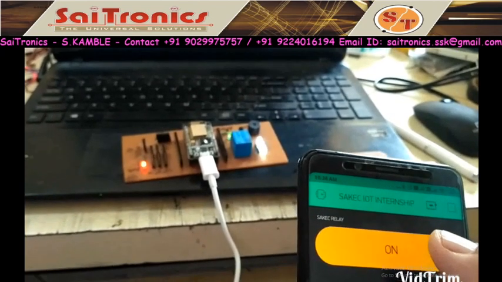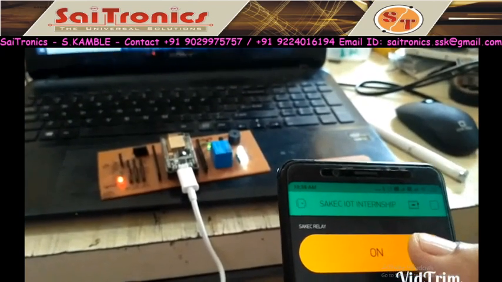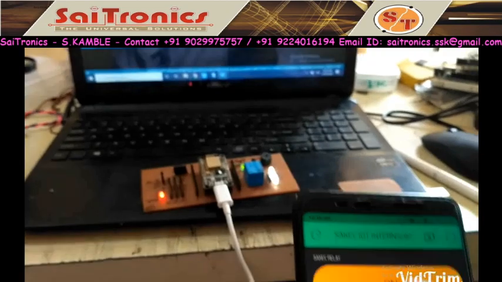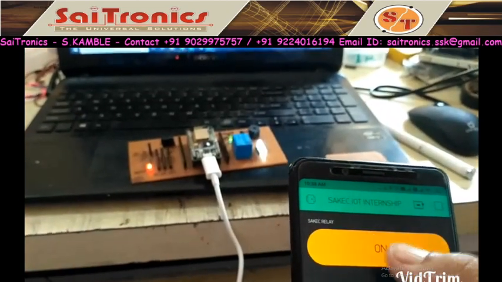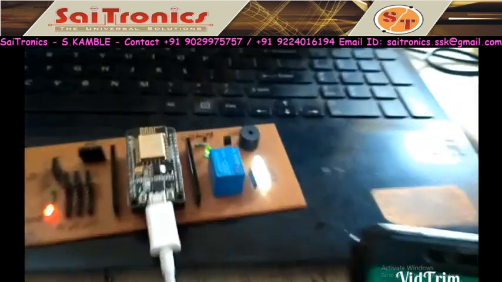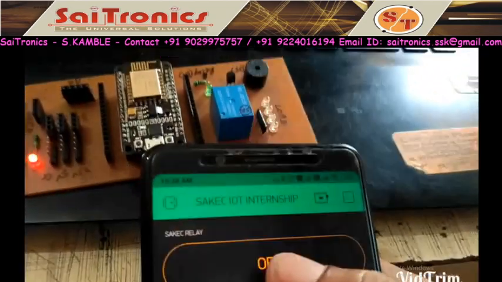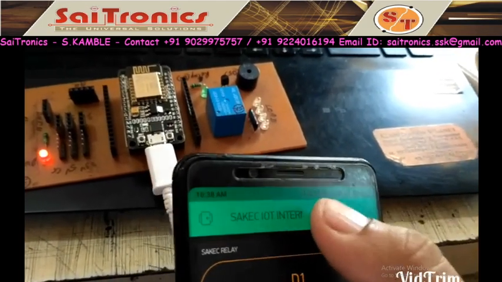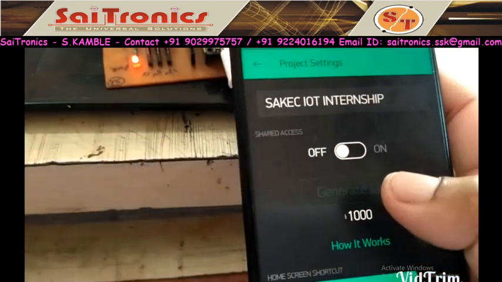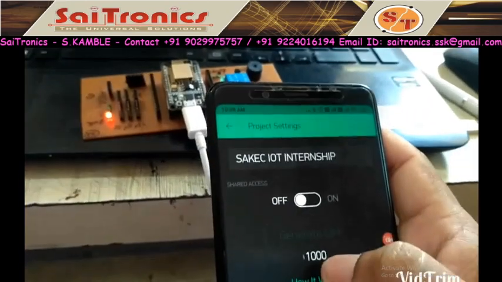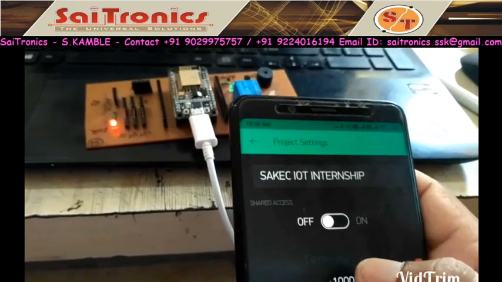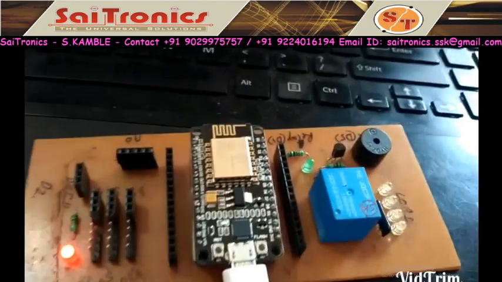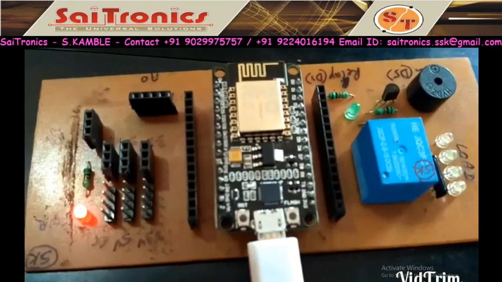In the previous session we had used this on off operation using Bluetooth, but Bluetooth has a limitation of 50-meter range. But using this Blynk app, you can control from any place of the world, because this is an IoT based system. So IoT based relay on off. If you want to stop it, you can stop it. Now here, if you click on share, your 100 energy points will reduce and one QR code will generate. If you share that QR code, then you can operate it from other mobile also. So this is the demonstration of home automation using IoT. Thank you very much.